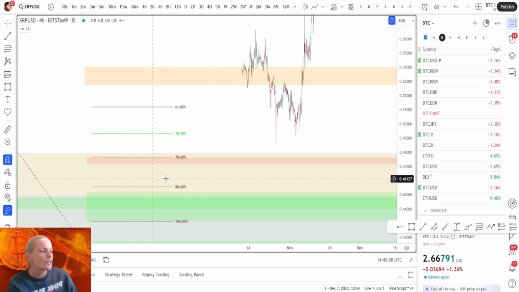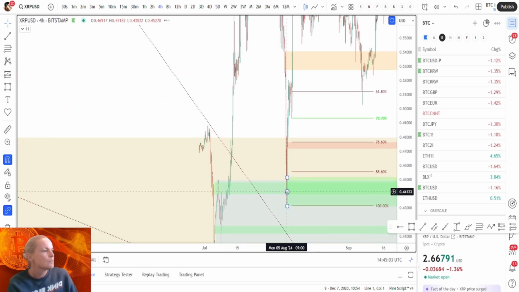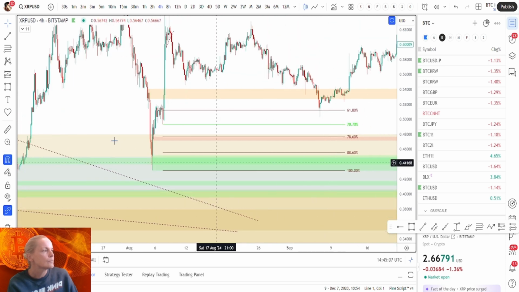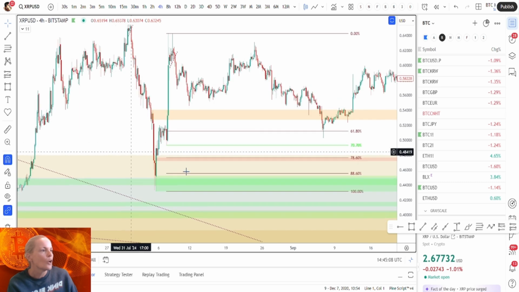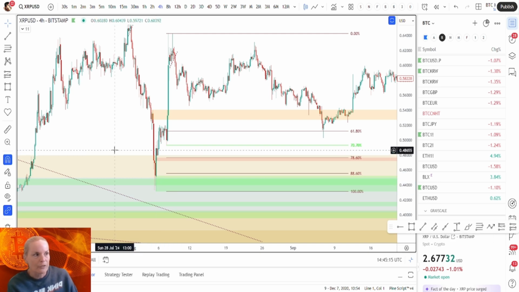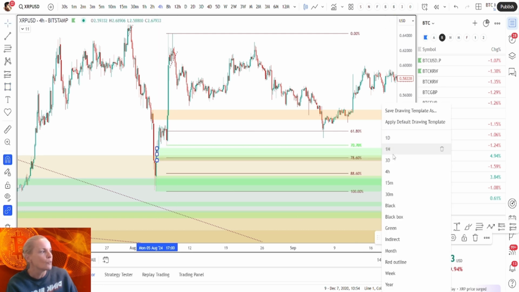and see if this does come back to test this hourly at any point. So no, in this case it hasn't. So that would have been your hourly demand, and it's never come back to test there. So again, some of these entries that you're not going to get, and at this point, we then made a 4-hour here,